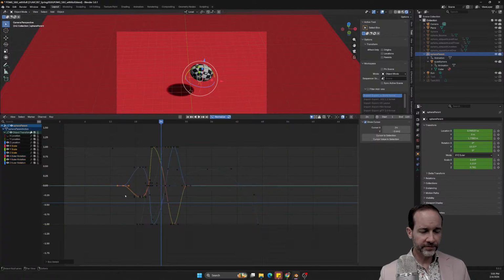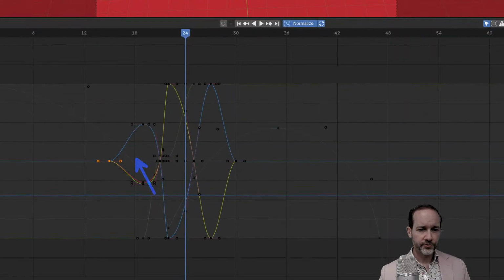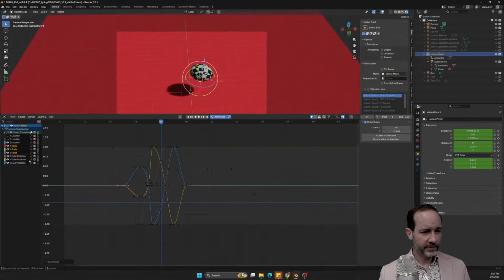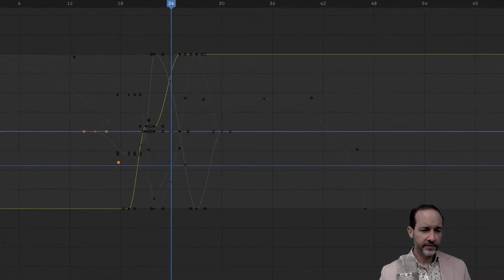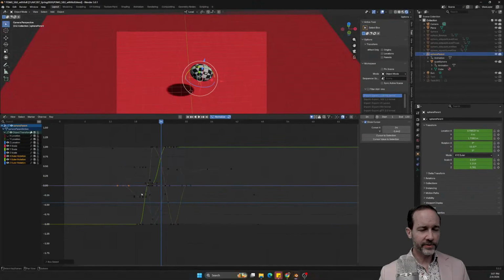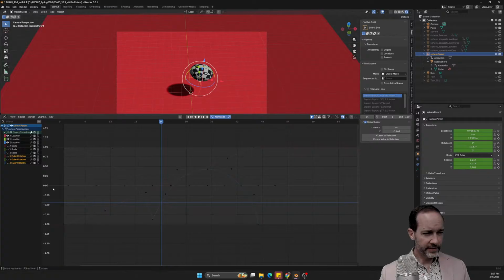Right, so here's the scale. Stretch, squash, stretch. That's what that is. Here's the angular rotation. So this is just slightly angling one way, flattening out, and then slightly angling the other way. Here's the position, which is the actual movement of the ball.